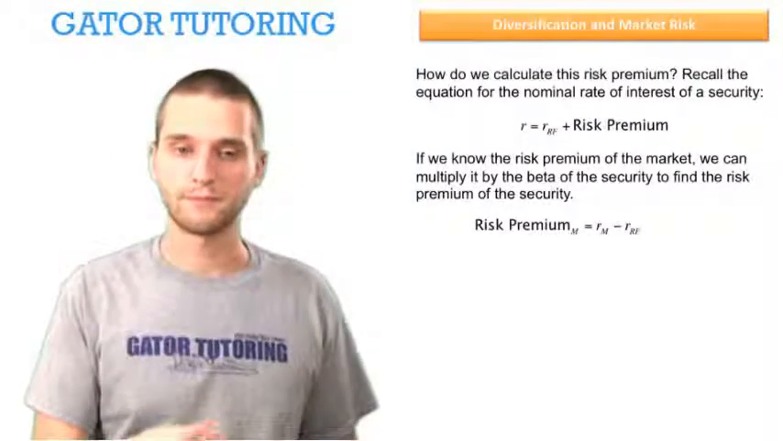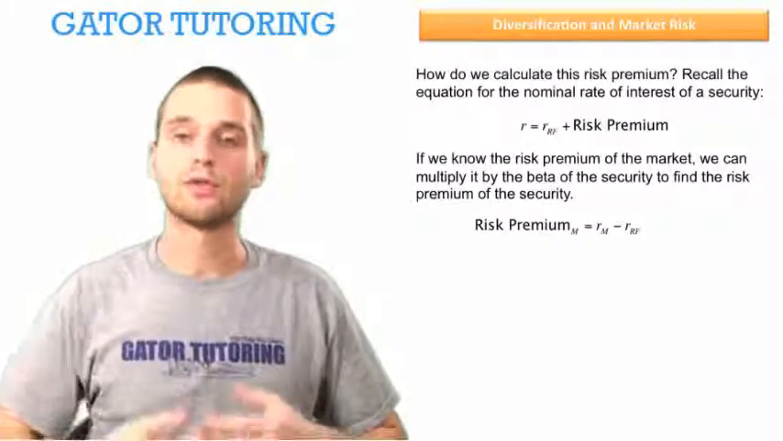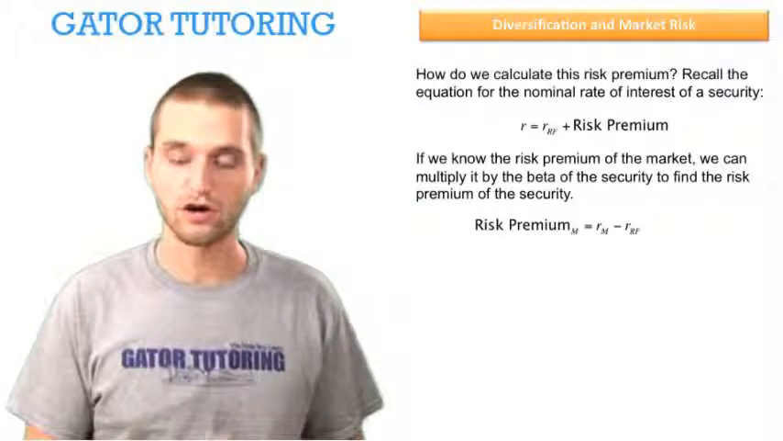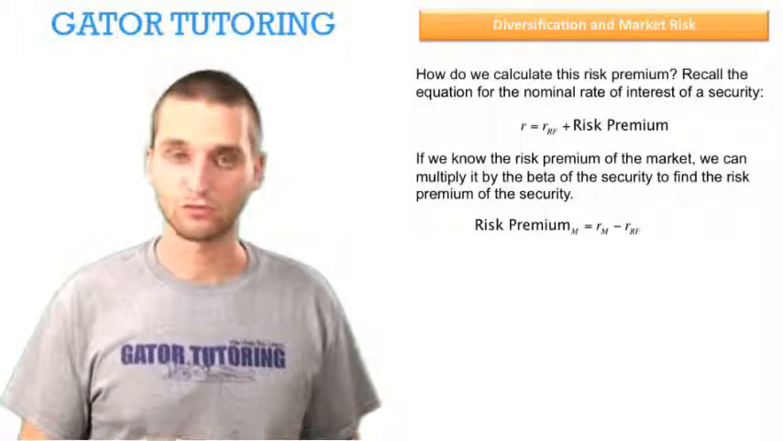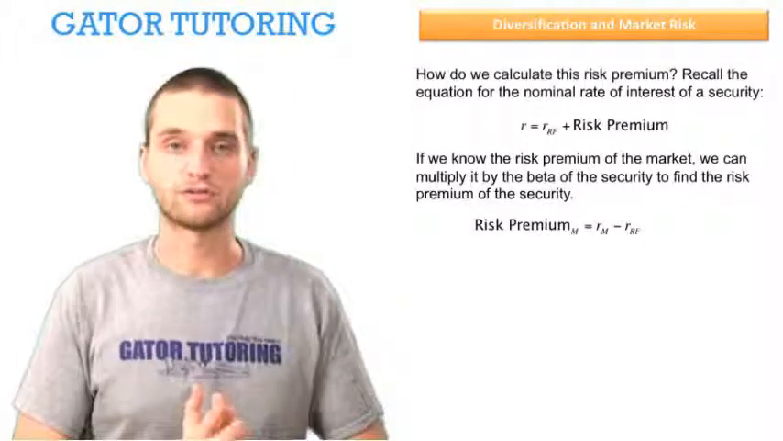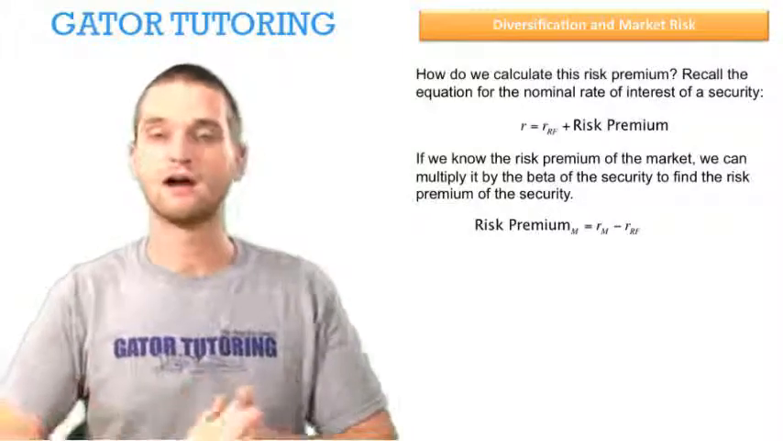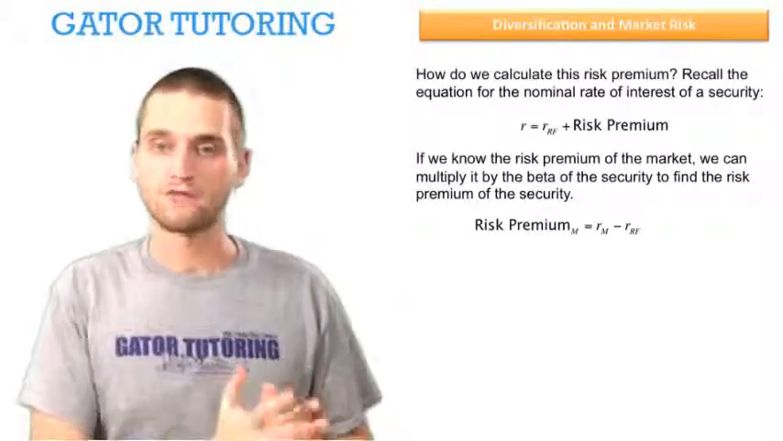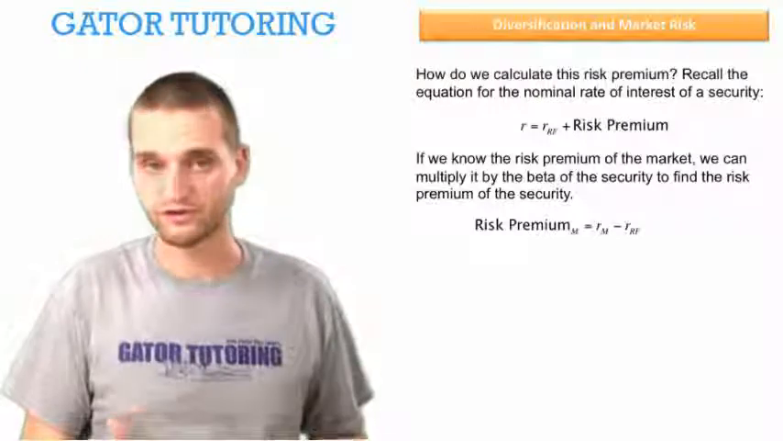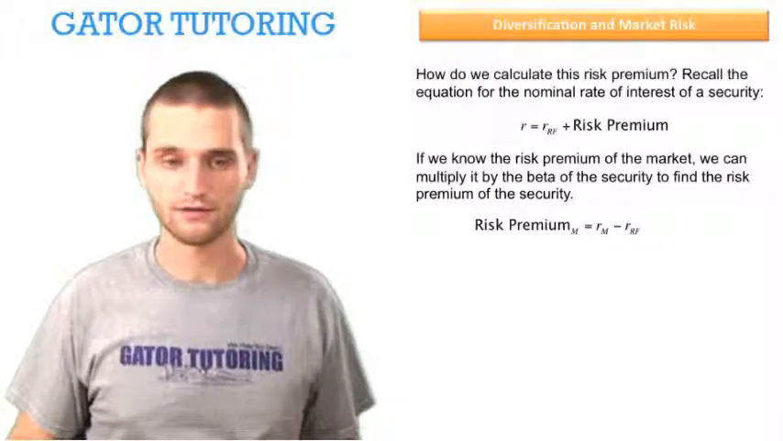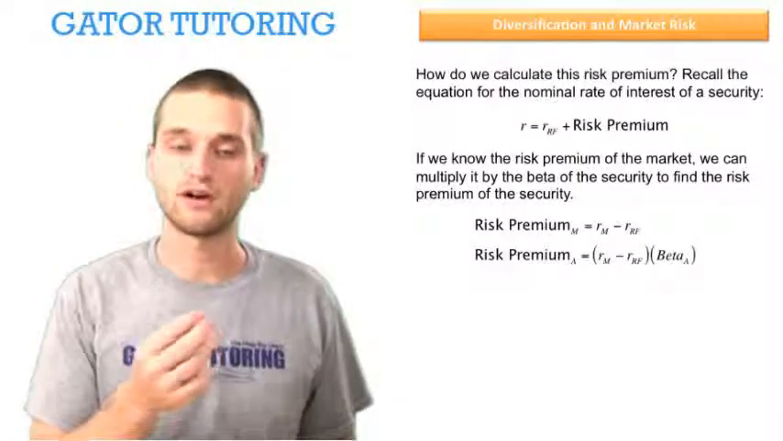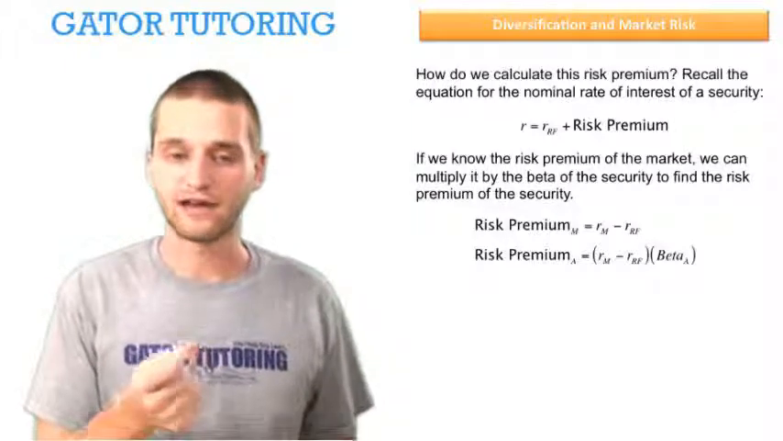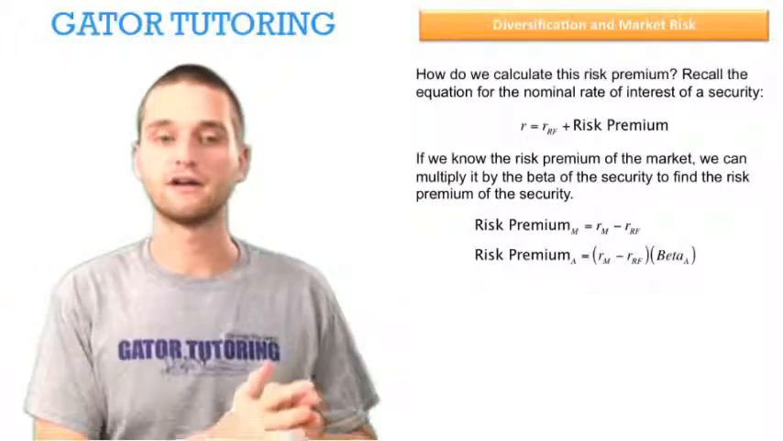So the risk premium on the market is equal to the market's required rate of return, R sub m, minus the risk-free rate. Basically, it's the risk premium that's associated with the market over and above all of the risk that's associated with risk-free securities, things like treasury bonds again. So if we wanted to find the risk premium on security A, we would want to find the risk premium